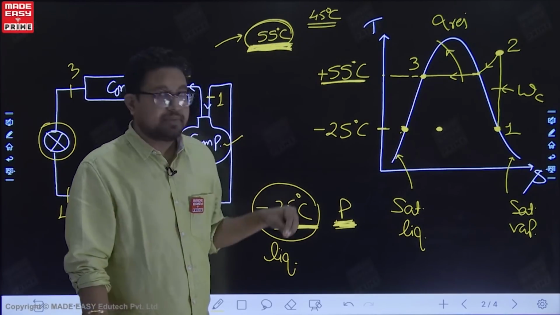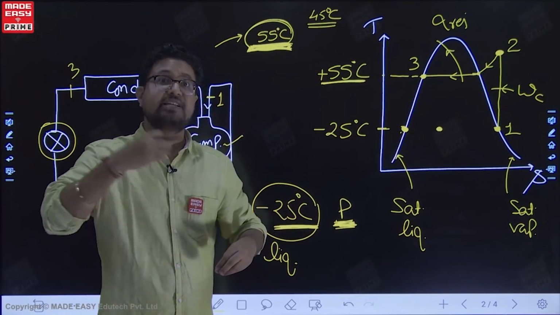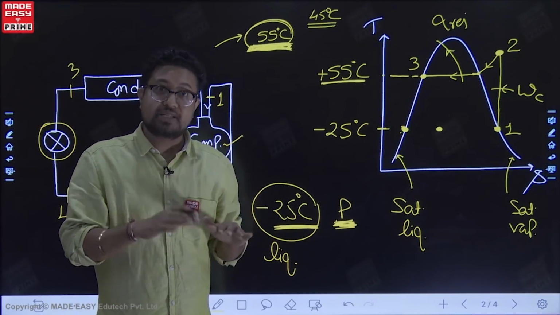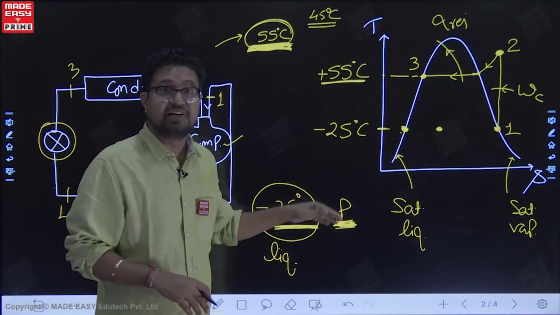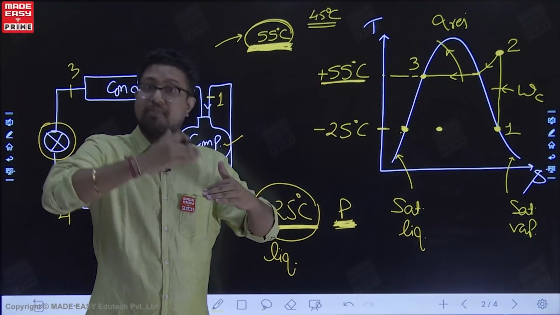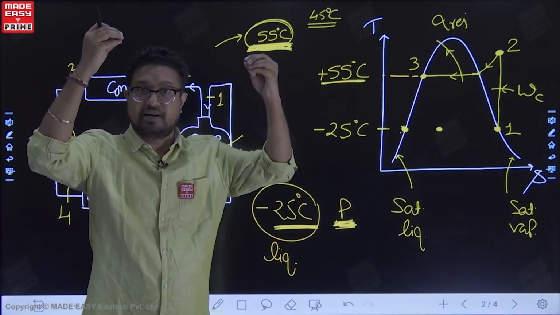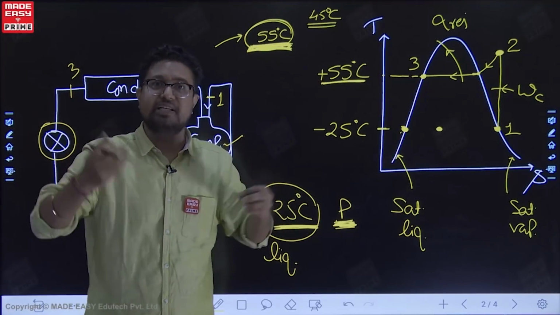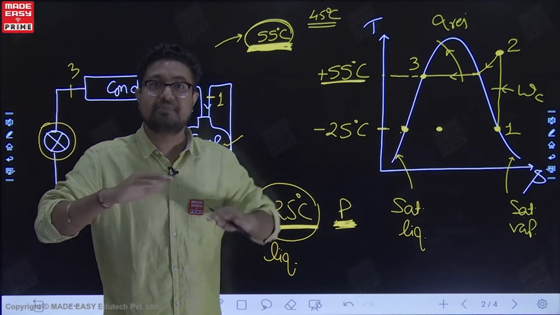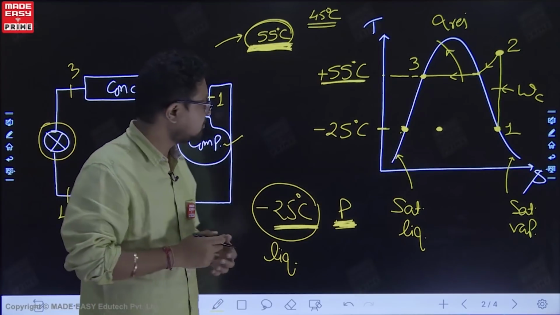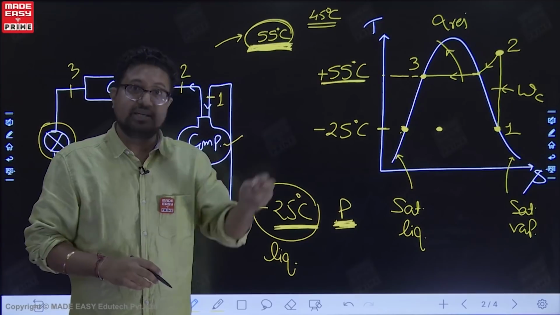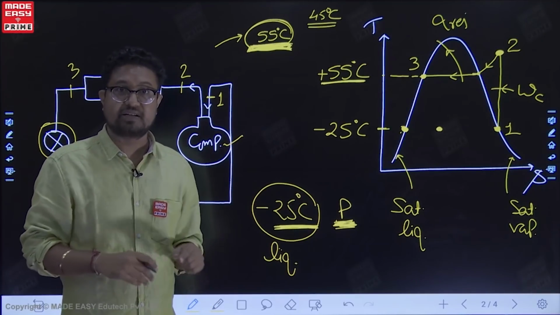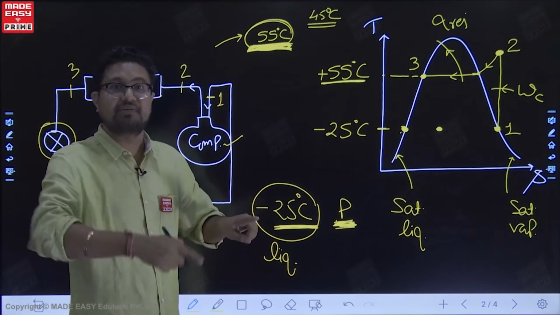So, when we have dropped the pressure, the liquid has changed into vapor suddenly. How much? You have dropped the pressure to such a value that the liquid cannot exist above minus 25. So, the liquid converts into vapor continuously. It is called flashing. Flashing means sudden conversion. Liquid converts into vapor, and till the entire mixture is at minus 25, the conversion continues.